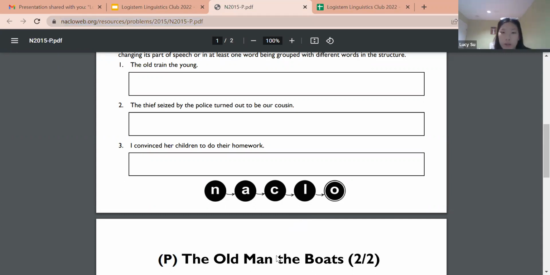Alright, so does anyone have an idea of what to do or an answer before I explain it? And there are also a lot of possibilities for each question, so